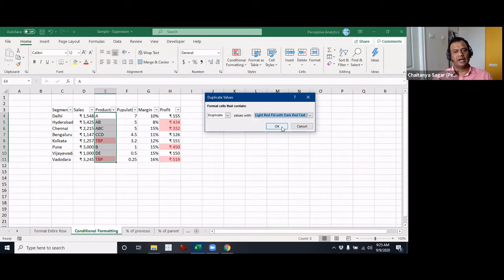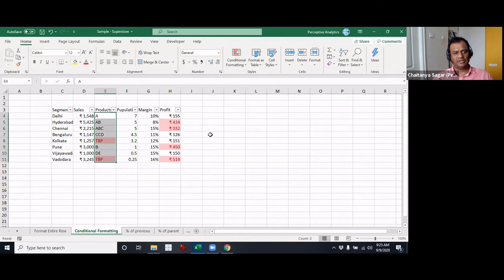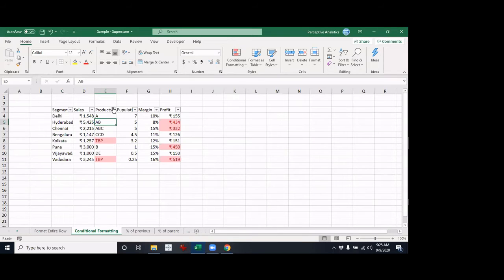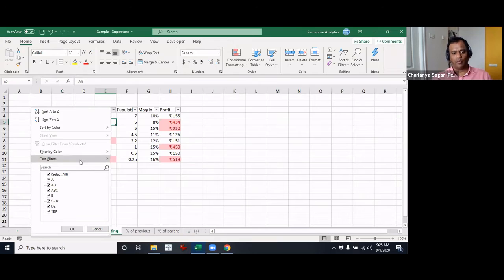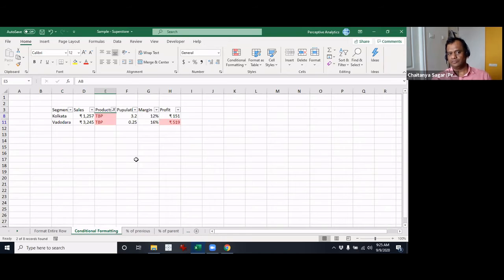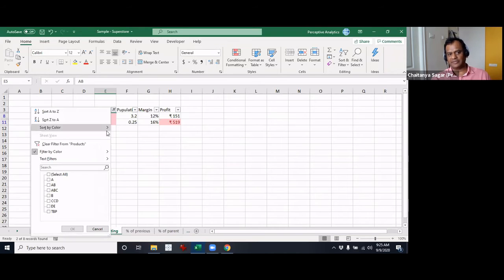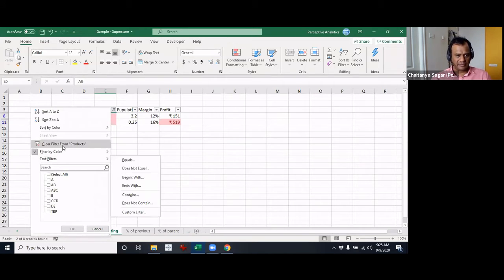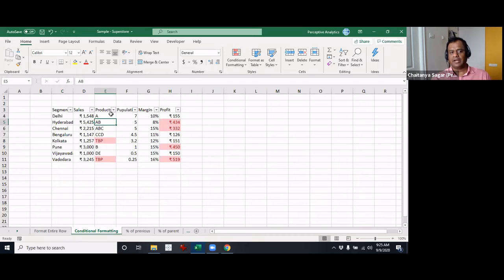What I was telling you was that the filter option, this is out of conditional formatting, has a way for you to filter by color. You can use this option if you would like to filter all of them with that specific color. Maybe you might want to check what kind of values have come in, etc. But I think there is more interesting stuff than that.